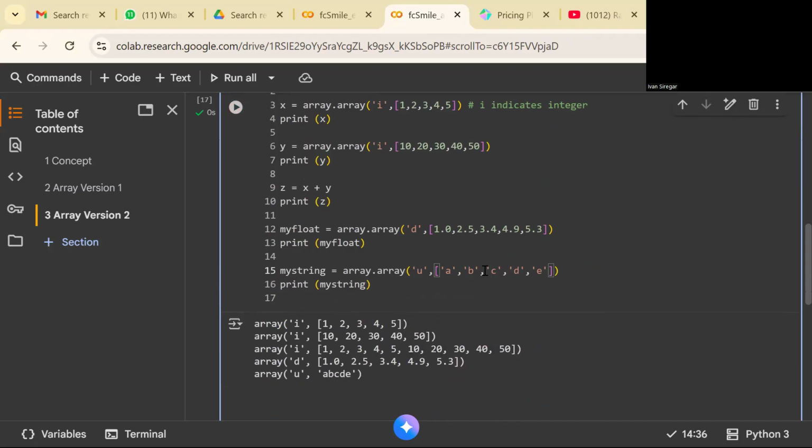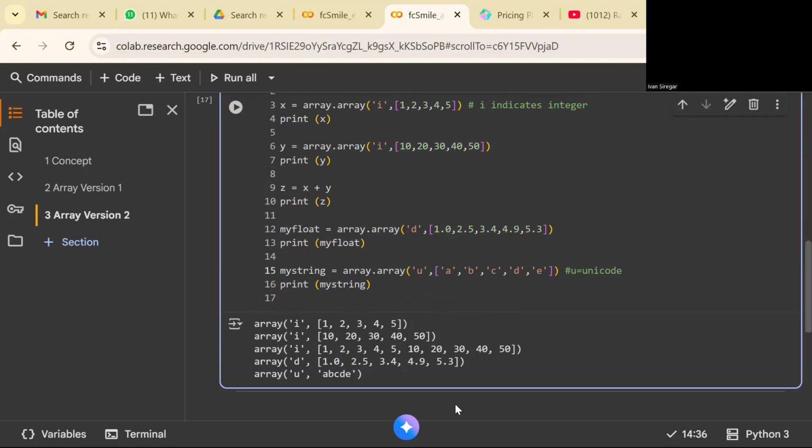ABC is single characters, like A, B, C, D, E, ABCDE. The result should be all together because you use U for Unicode.